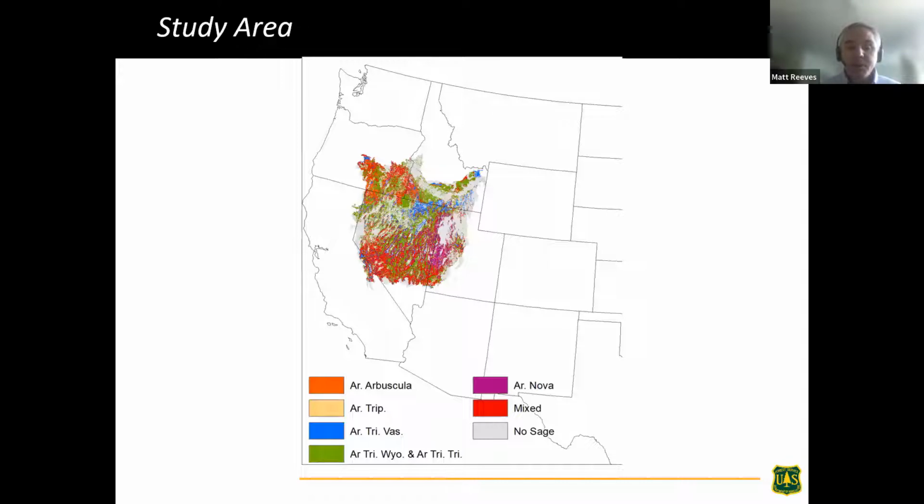And I'm letting the cat out of the bag here. What we have is a final product from the process, and we're going to spend more time on it. I've even got a live link to a map. We can zoom in if you would like and take a look at your area and see what you think